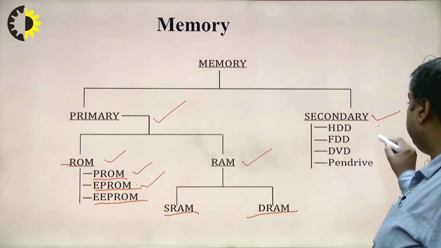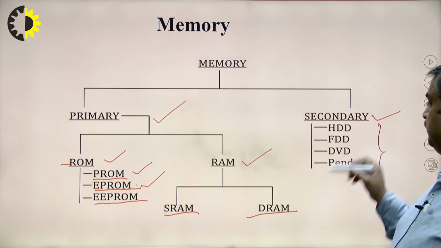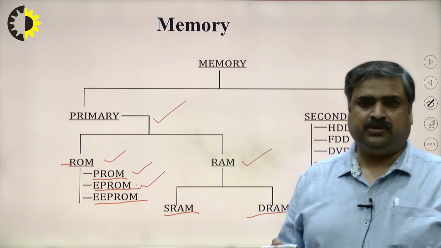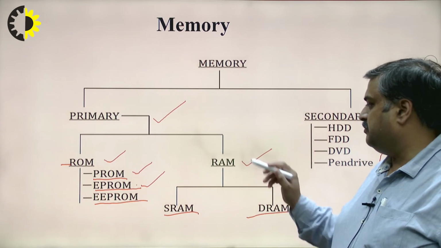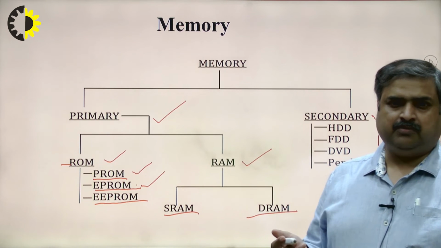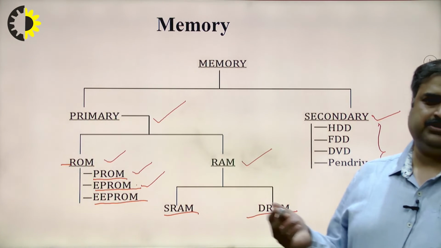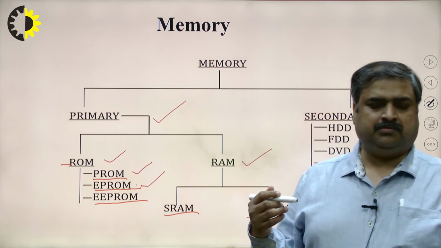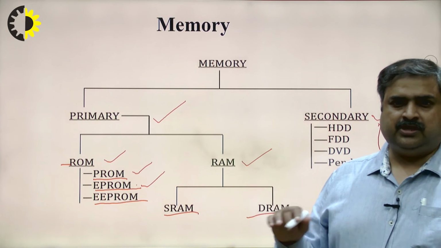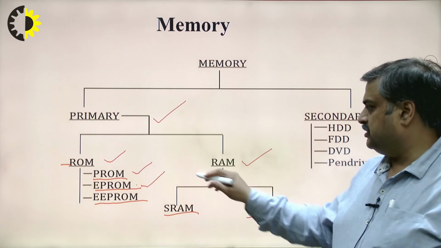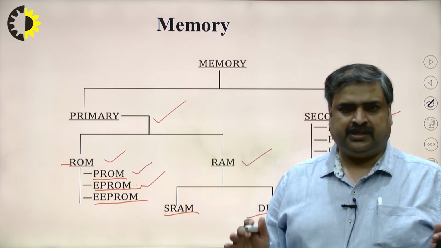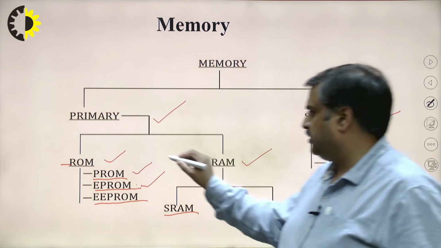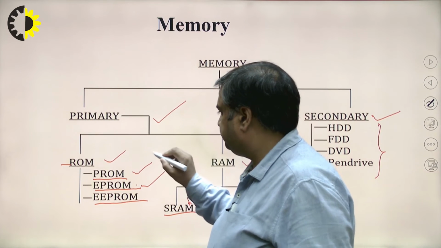Secondary memory is a permanent memory. That means, like RAM is a volatile memory. That means whenever there is no power, its bits will be set. So they all will become 0. But ROM is a non-volatile which keeps data that it uses